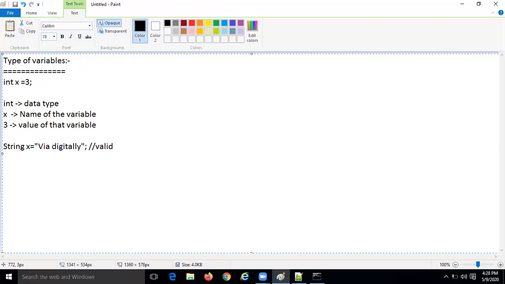So based on the type of the value represented by a variable, you have to tell what kind of data you are declaring or what you are passing. Maybe you are passing a number, so here string is not recommended. If you are passing boolean values, integer is not recommended, or maybe float, long, or double is not recommended. Whatever data you are ready to pass, we need to understand that type.